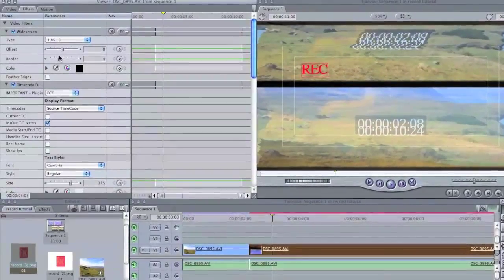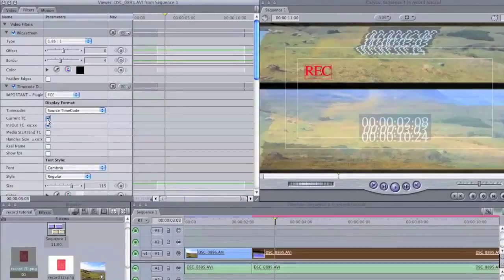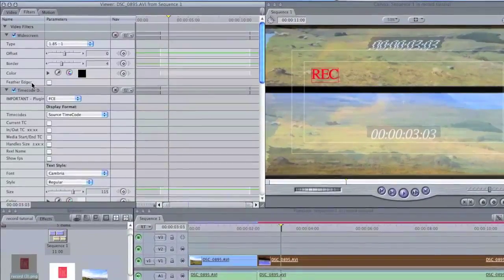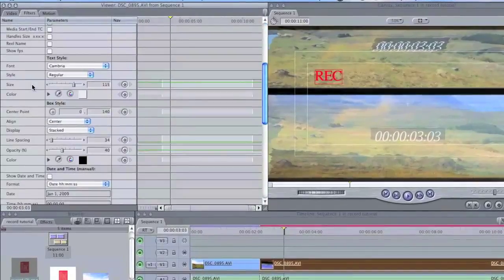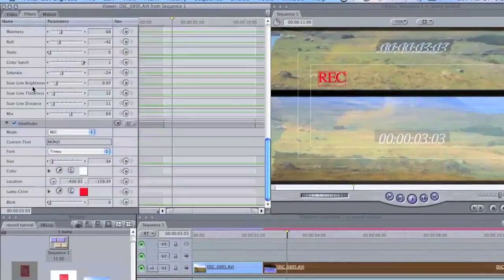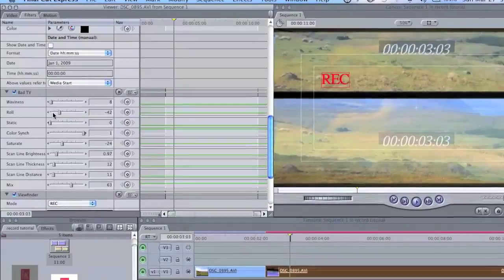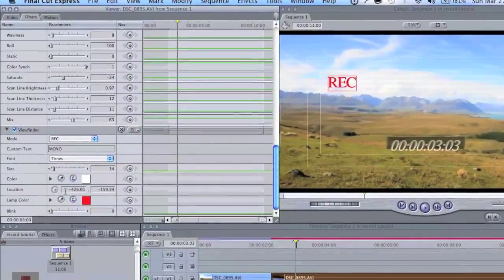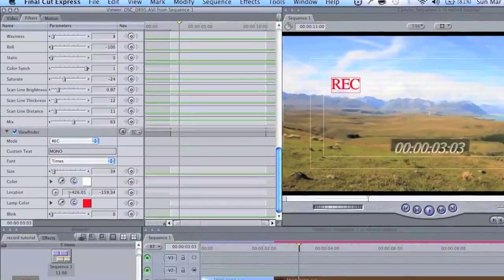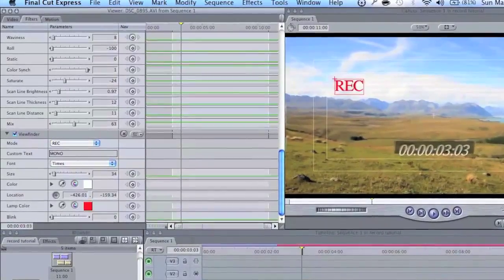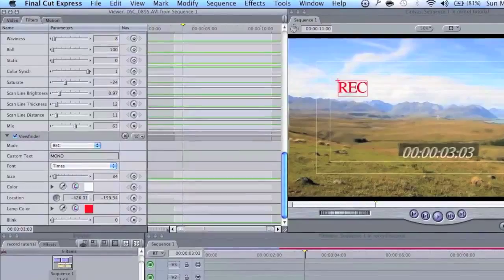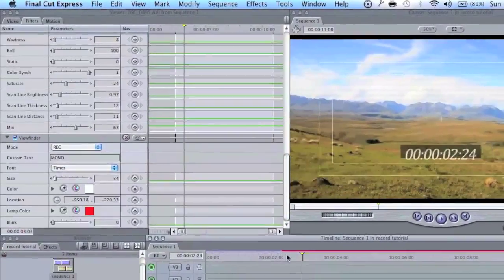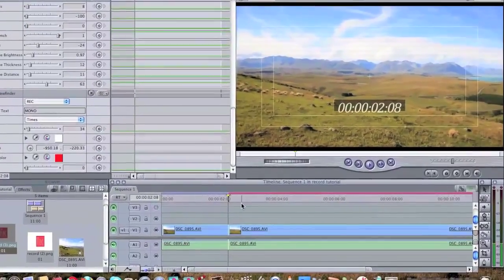So there's two main reasons why I'm not going to show you each of these ones that I have mine set up to. A, it's really your personal preference, guys, and B, it would take a very long time. But there is one that I do want to go over on how I did it, and it is the Viewfinder effect. So really, it's pretty self-explanatory, but you can see that the red record text here, it doesn't look that realistic. So I actually added my own effect to that,